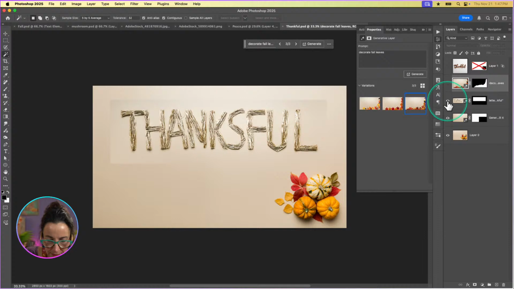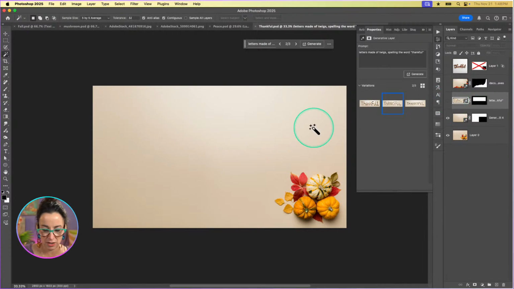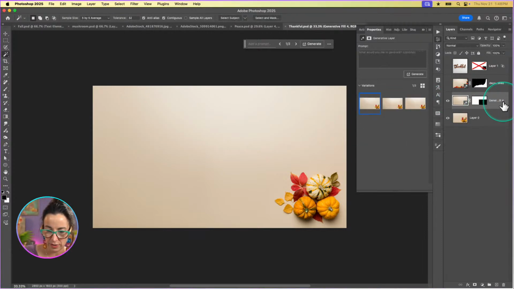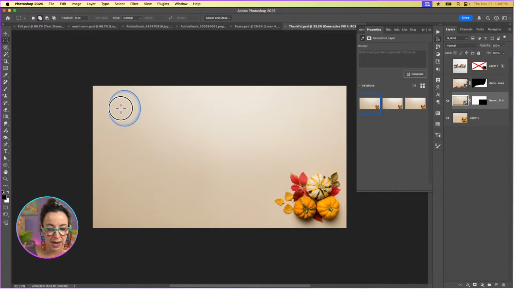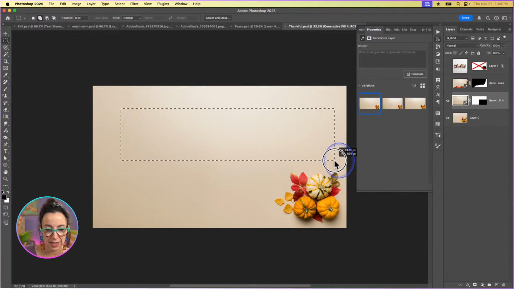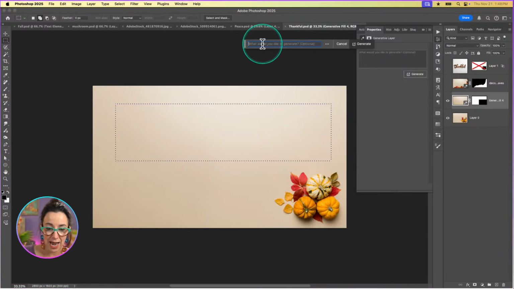Okay, so here is one failed version. I think I used generative fill for this. So let me show you how that would work. Let's delete it and make another one. So then I thought, let's try this with generative fill. I grabbed my rectangle selection tool and made a selection like this. And then in generative fill, when this pops up, I'm going to click on it. And then I'm going to type